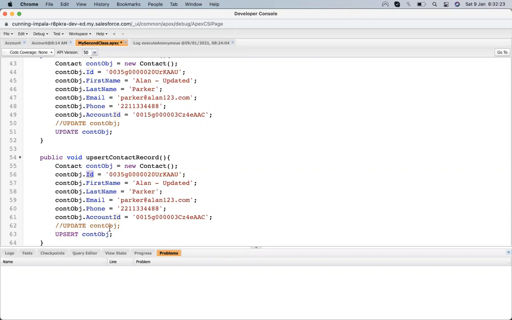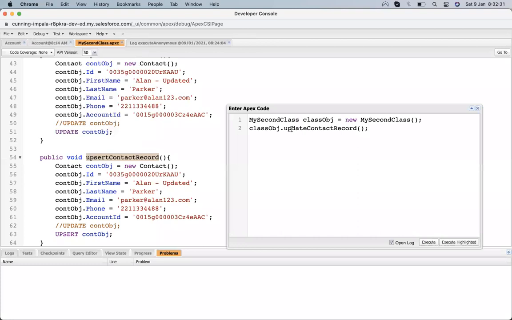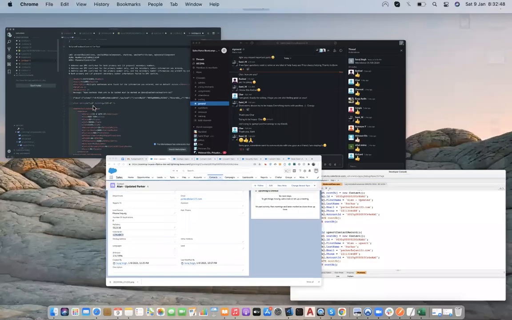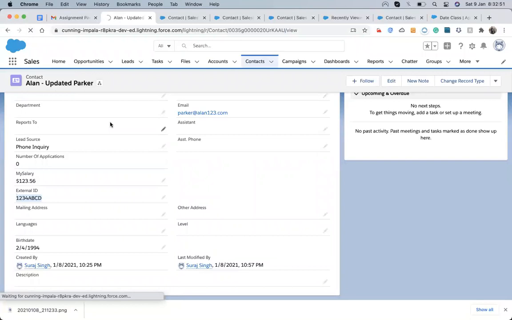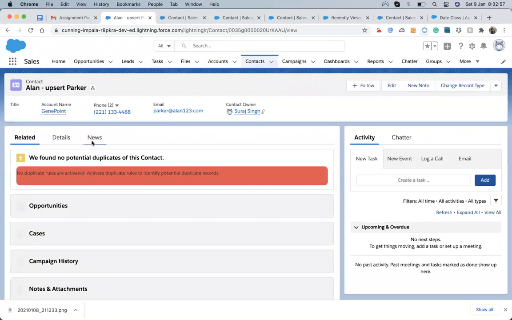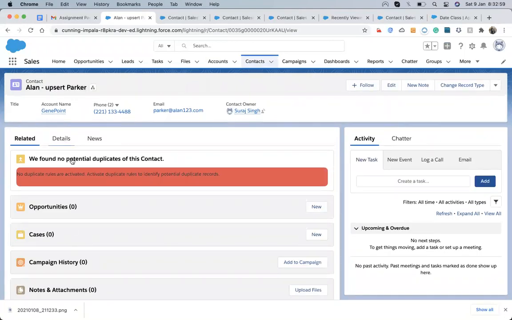So I will put an ID and change this method to upsert. Let me save it and execute it. Let me make changes so that you will know. Yes, the upsert happened and the record got updated.